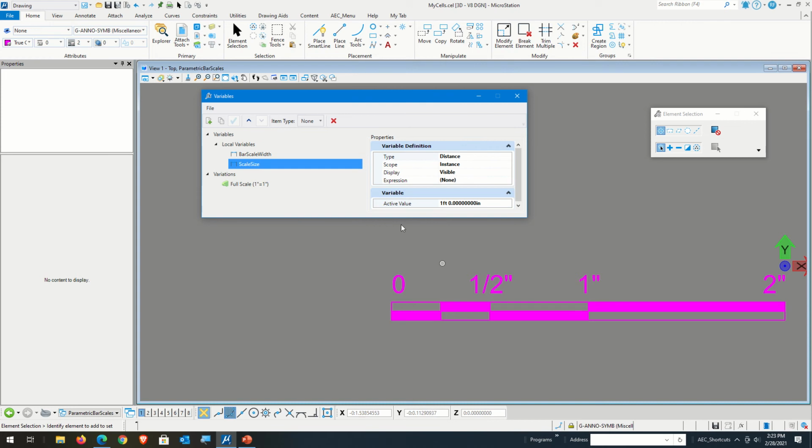The other one's going to be half scale size. And the other one is going to be double scale size. So let's change that to